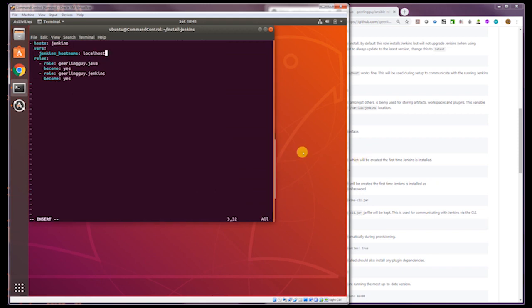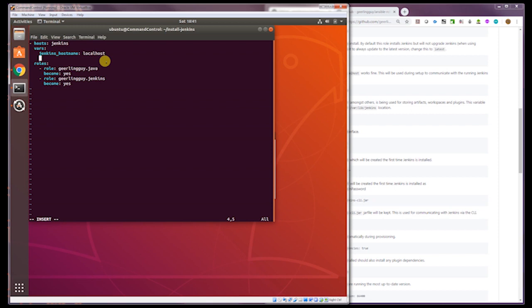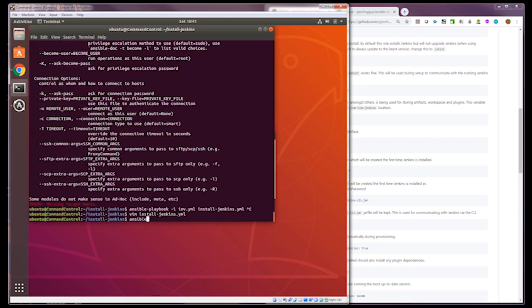I'm just going to add a couple more variables, probably just the admin username and password. Jenkins_admin_username, I want to call it admin. Jenkins admin password, admin. Alright, so let's fire it up and see